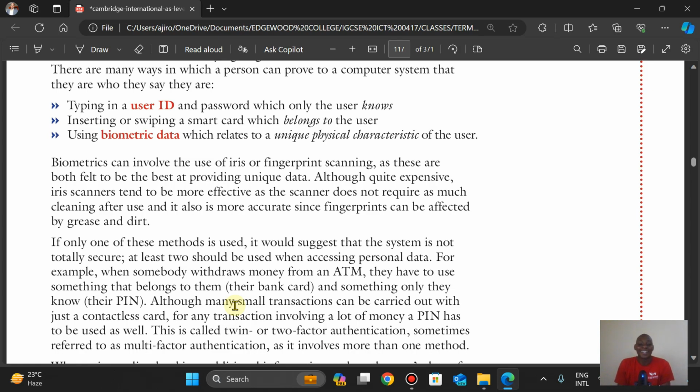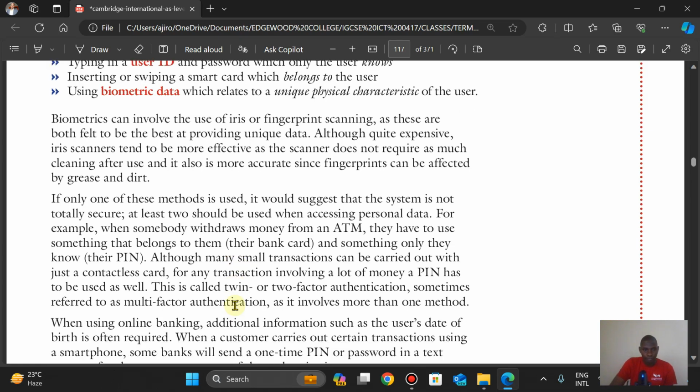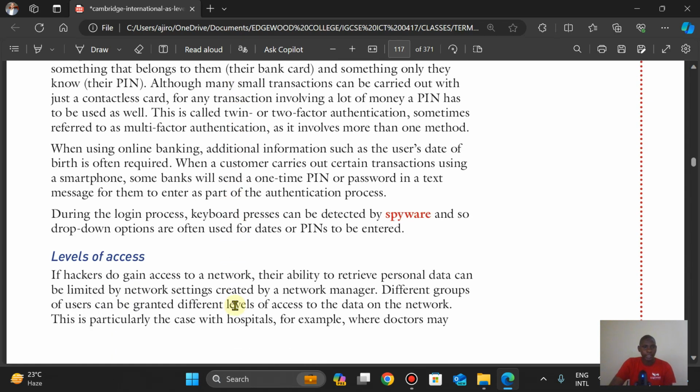Okay, so we call that two-factor authentication, and it's also sometimes referred to as multiple or multi-factor authentication, which involves more than two methods. Then